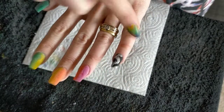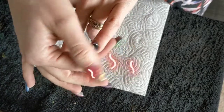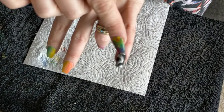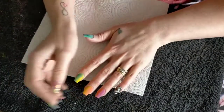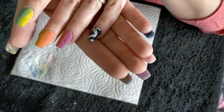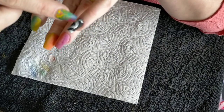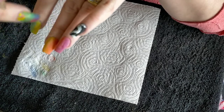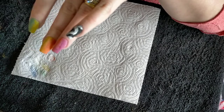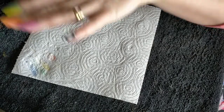Now I did manage to find some white nail polish, so I thought I'd give the smoky powder look a go with the nail polish. So this is basically what I wanted to show you: you do your black base, you can do it with acrylic or gel. Preferably you apply a little bit of white gel, get a little bit of alcohol, just a few little drops and dip it on the sides. And then you get your powder, or you don't even need alcohol actually. You can just apply your